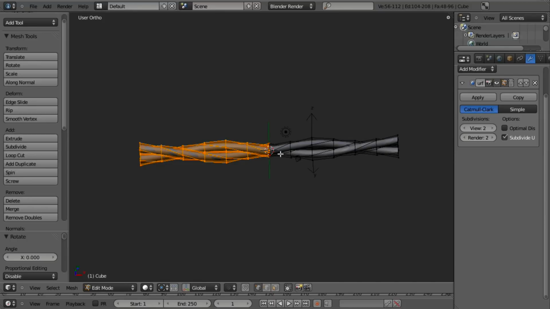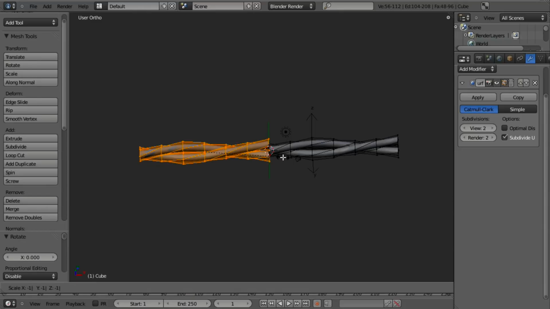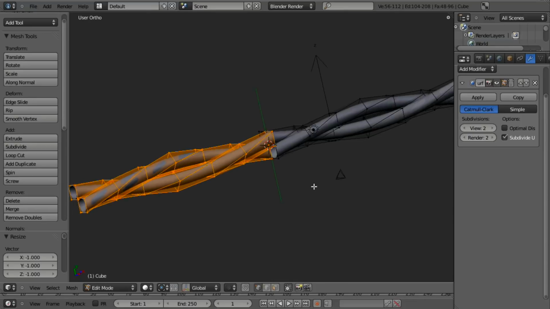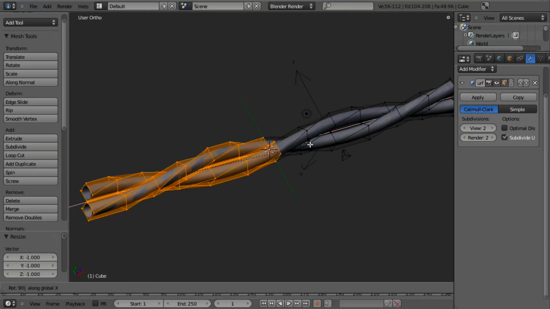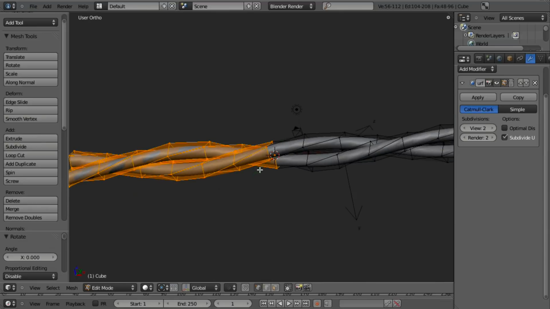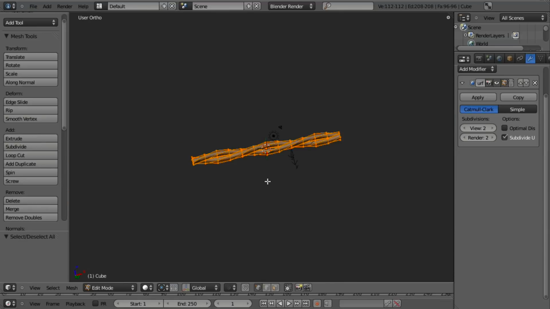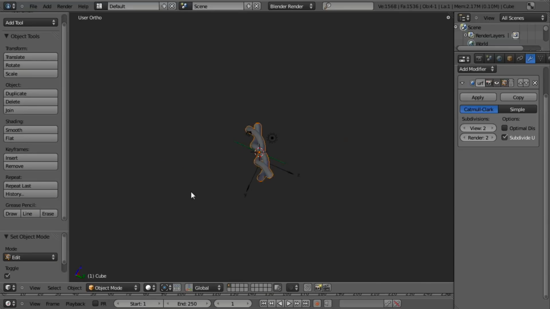And so if we hit comma on our keyboard and hit S and -1, we can scale it to mirror it again. And then we'll rotate around the x-axis 90 degrees. And now it fits perfectly. At which point we're also going to select everything, hit W, remove doubles. Now, the reason that we did all this is because we now have basically one section that we'll be able